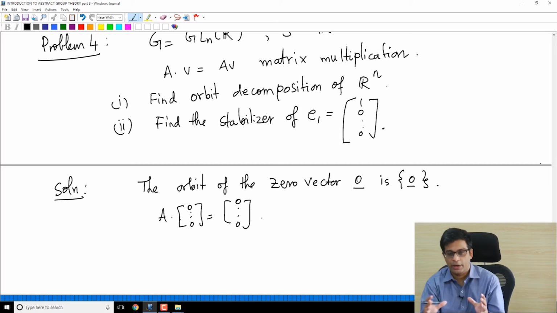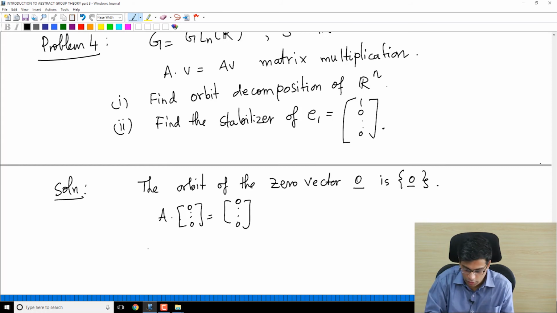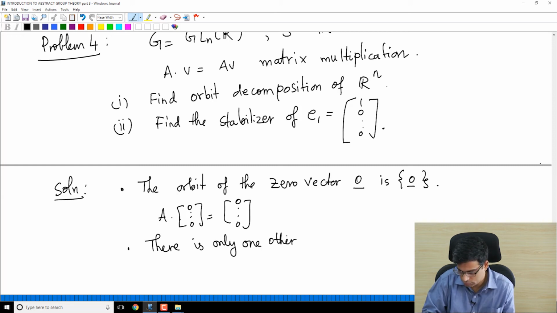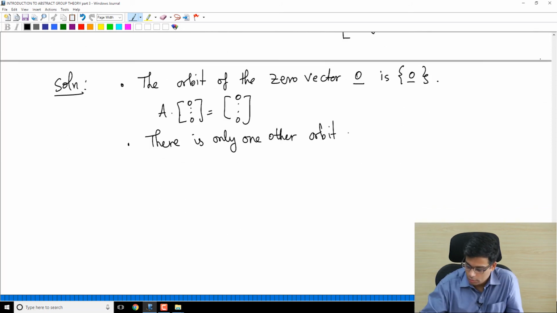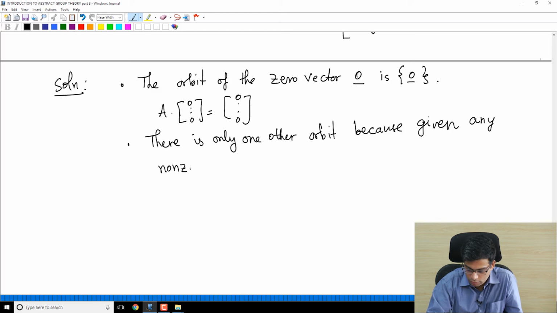So this is an orbit by itself. So this is one orbit. On the other hand, there is only one other orbit because, given any non-zero vectors